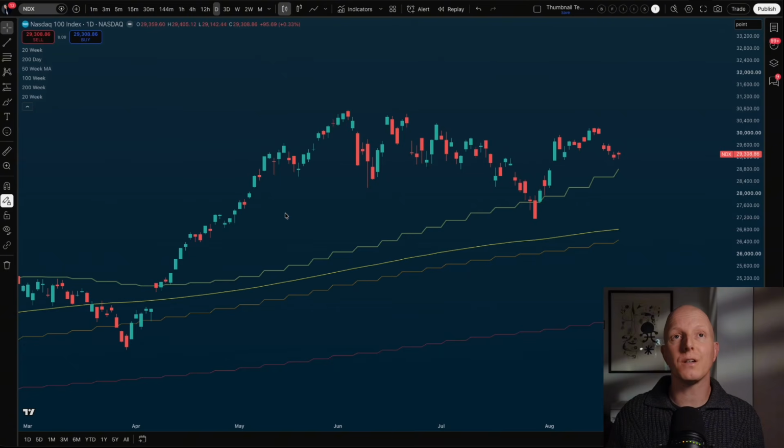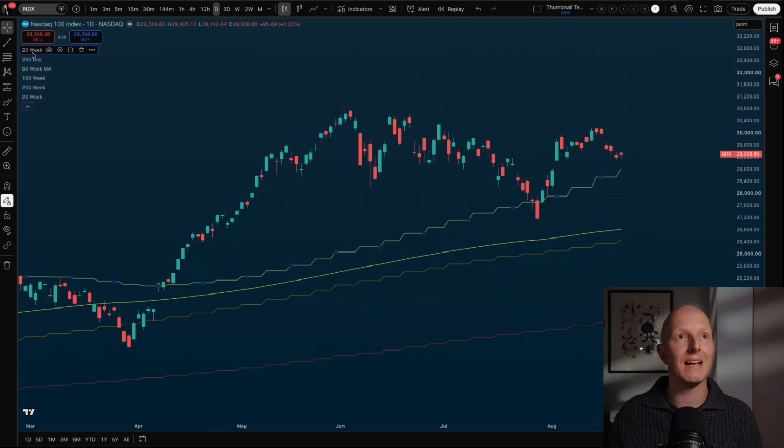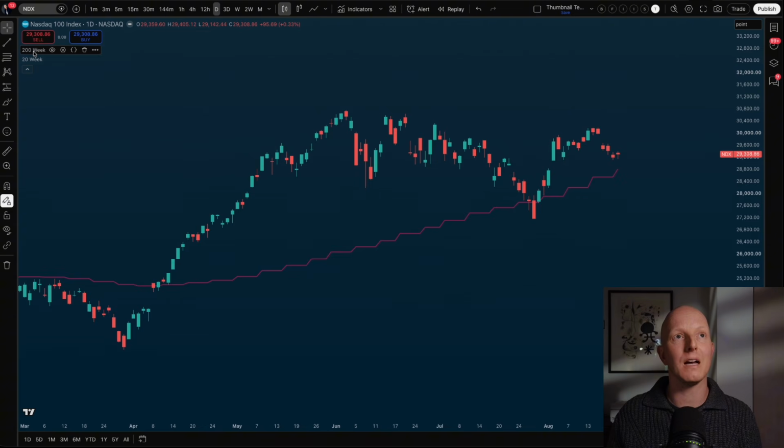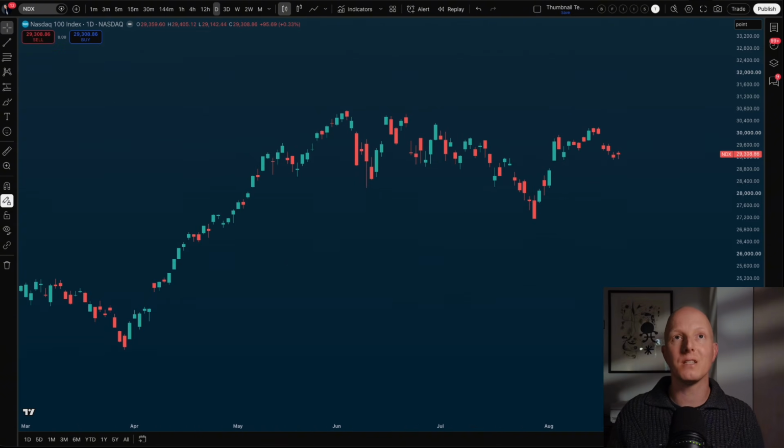Okay, so starting here without TA moving averages turned on, just to illustrate a point. This is the chart I always use for my thumbnails, and I usually have all these different indicators for the 20-week, the 200-day, the 50-week, the 100-week, 20-week again. I don't know why I have two instances of that. The point is your charts can get really cluttered with all these different moving averages by different authors. So the point of this indicator is to allow us to remove all of these to just have one indicator